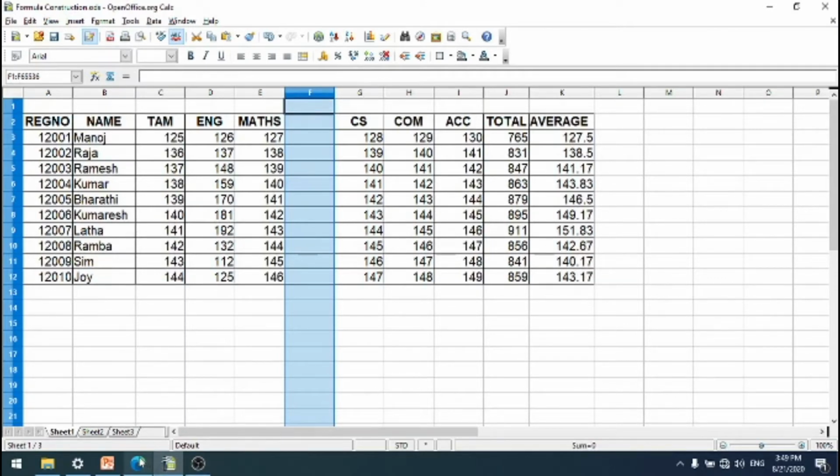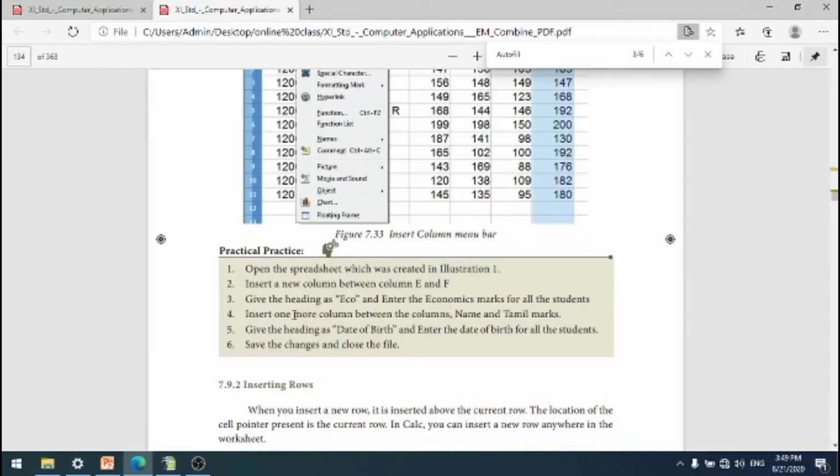So next, what is given? Give the heading as echo and enter the economics marks for all students.